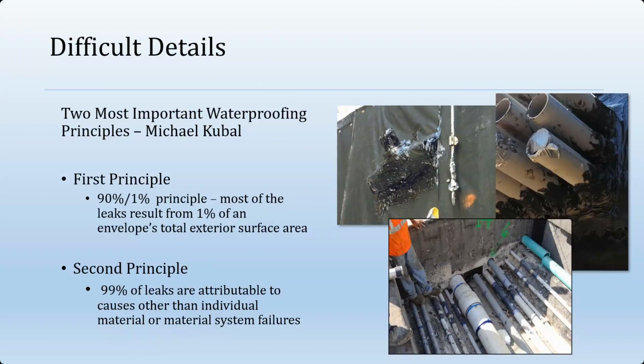Difficult details, we're showing a number of different conditions here where we have pipe clusters very close together. I'm a big proponent for referencing NRCA guidelines, this roofing and waterproofing manual. If anybody's not familiar with it, it does advocate, and this is probably very wishful thinking on my part, that pipe penetrations be spaced a minimum of 12 inches apart. This way, their position is that it allows the installer to properly flash around the pipe without any